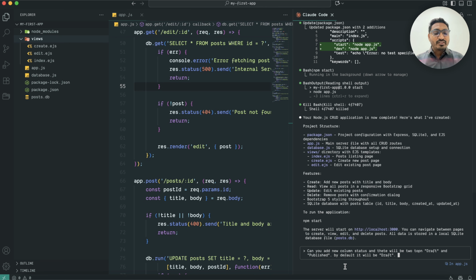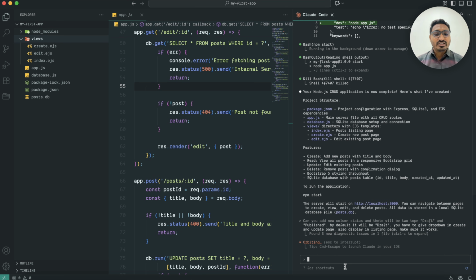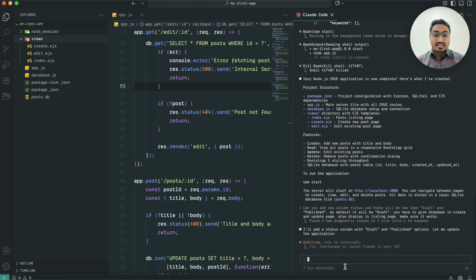draft. Okay, and then I will also mention you have to give a drop down in the create and update page, and also display it in the listing page. Make sure it works. Okay, just like that, and you can write a prompt like what you have, but provide it in detail, so that way they will understand what to do. Okay, so just hit enter, and it is going to read the application again and add the new column status over here. So let's wait a moment,